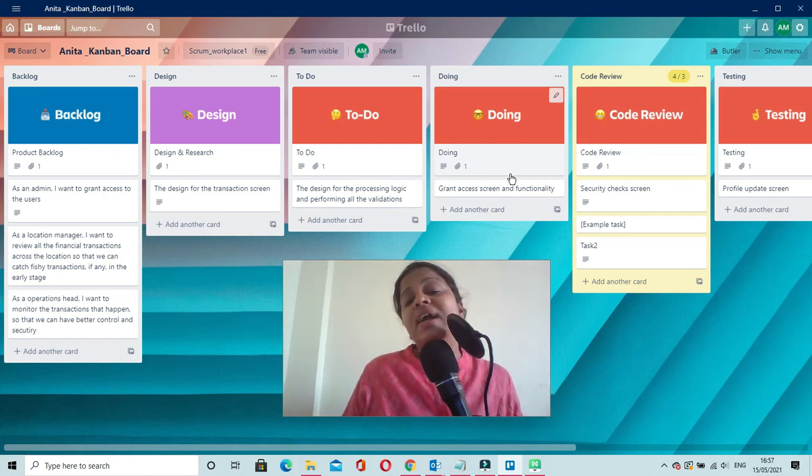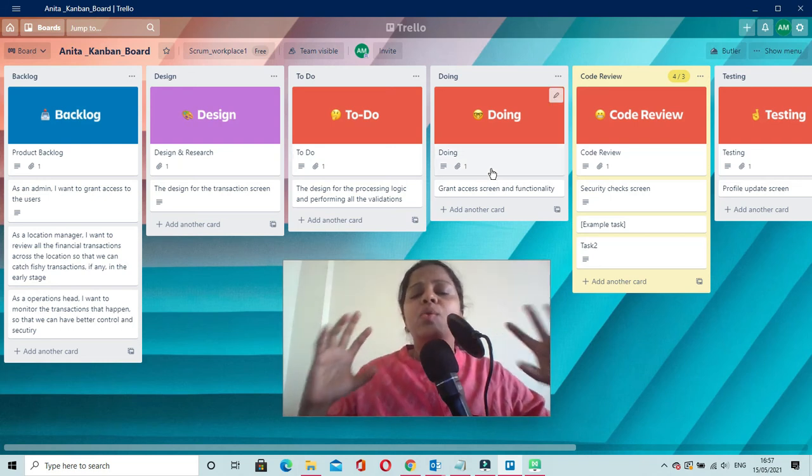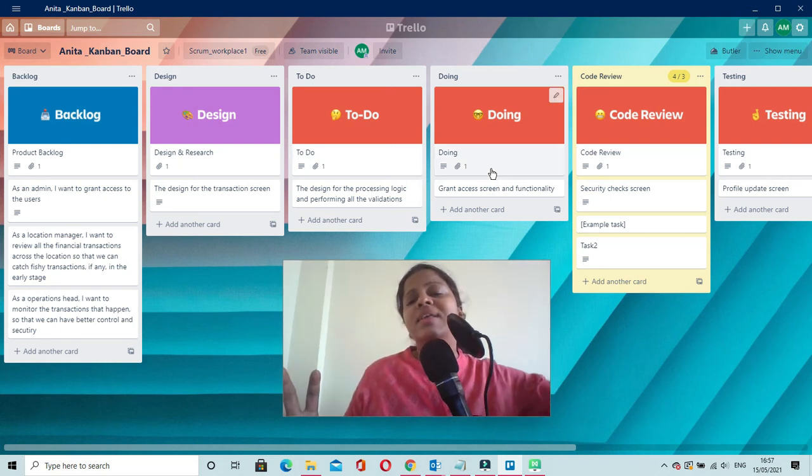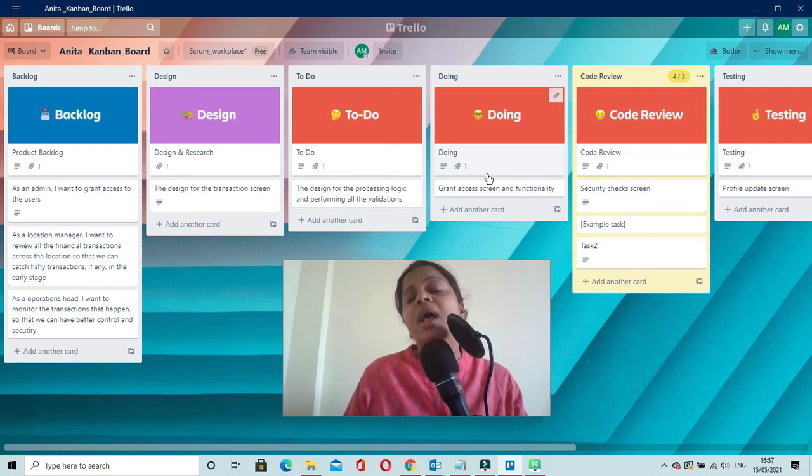because that will overload the team, and that might even cause other problems in the project, and it might be a bottleneck. For example, if the team is already loaded with 5 tasks, which is the upper limit set for the construction phase, and if more and more tasks are getting pushed to that stage, then it might cause issues. So Kanban talks about the pull principle.